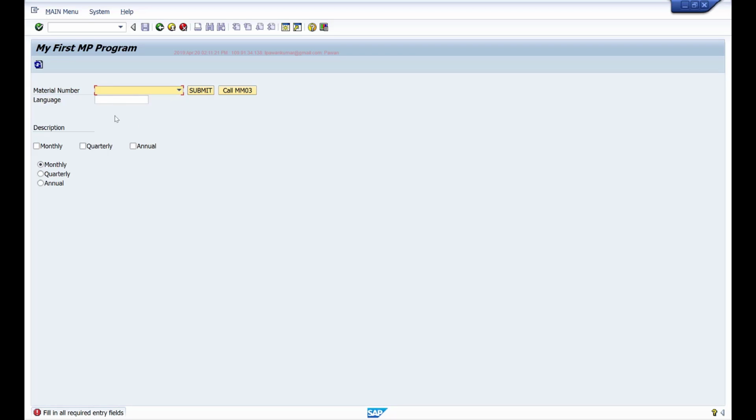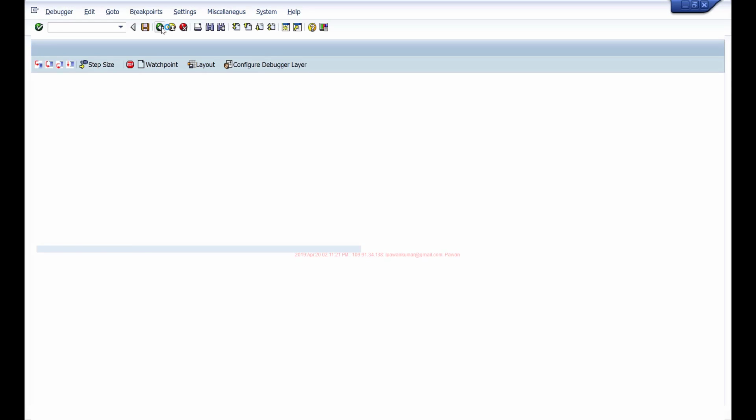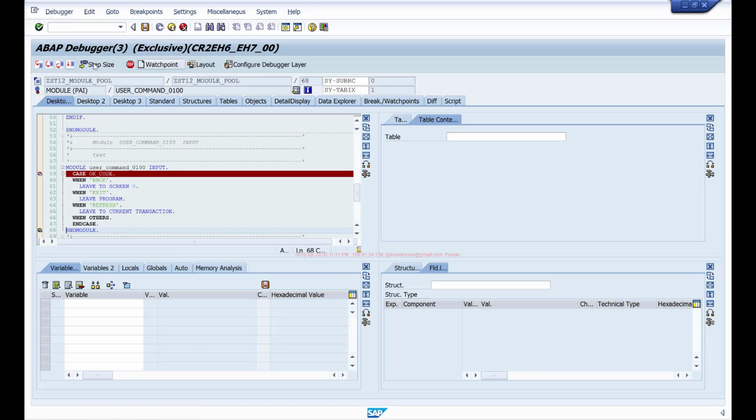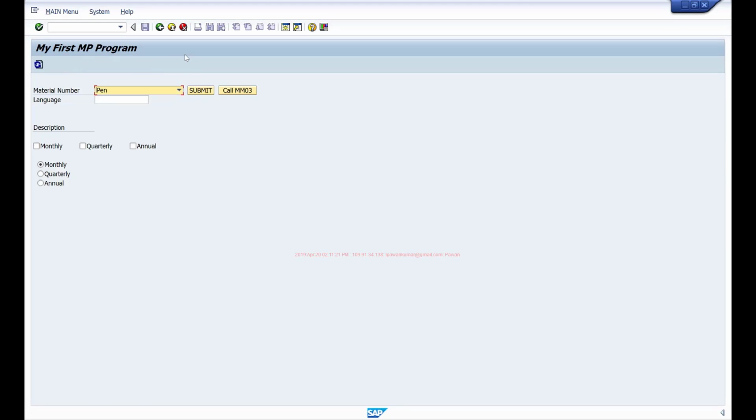But let's say the user has opened this transaction and he simply wants to refresh it or simply wants to leave the transaction. So here if he clicks on back, instead of leaving the transaction, it keeps giving that error. So the only way the user can leave this transaction is actually to maintain the value and then click on back. And it doesn't make sense, right? Because the user anyway wants to leave, and without filling this, he should be able to leave. It doesn't make sense to fill this and then click on the back button.